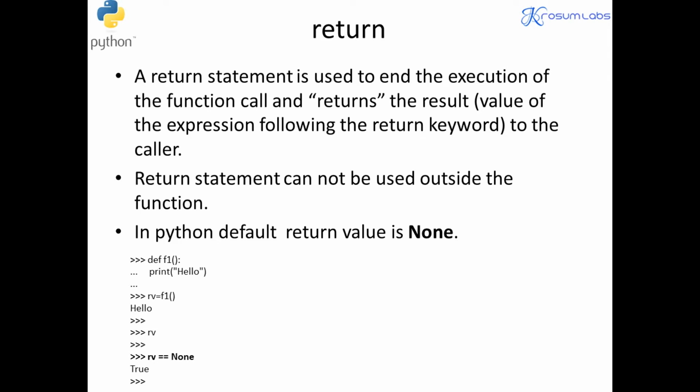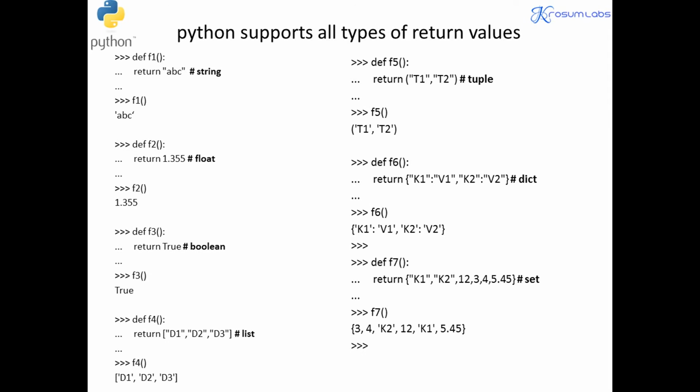That's why here I'm using a function. I didn't use any return keyword. When the function is called, the result is assigned to an RV variable. If you print RV, it's nothing. Return value variable, it's nothing. But you can compare it with None, and the boolean says True. So the Python default return value will be None type data. None type.